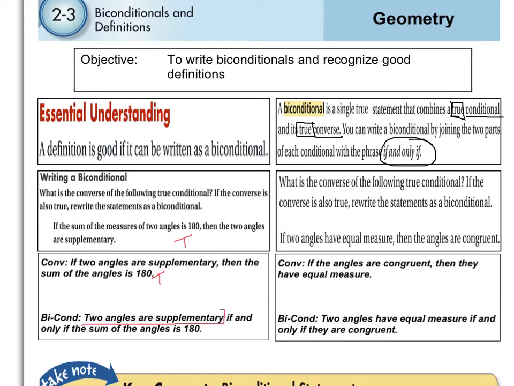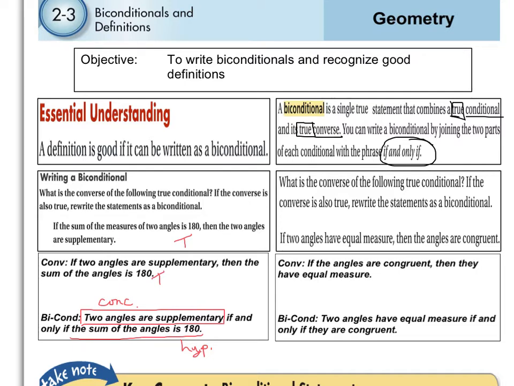two angles are supplementary, that is the conclusion in this case. And this is the hypothesis of the conditional. So essentially all I'm doing here is taking the conclusion and the hypothesis,